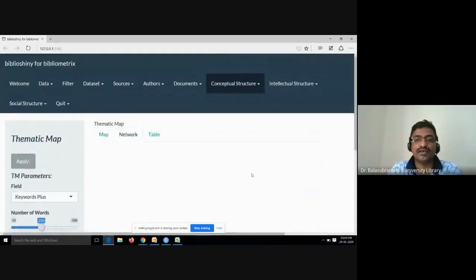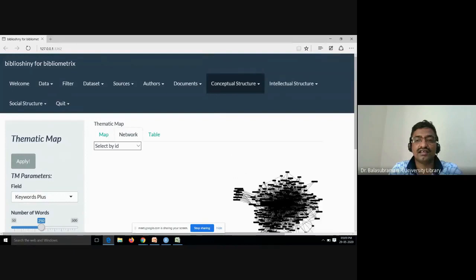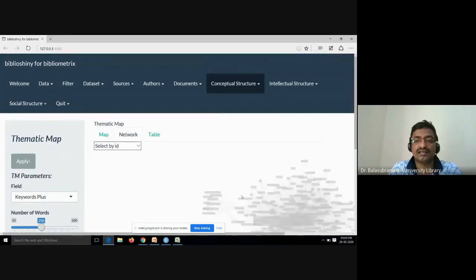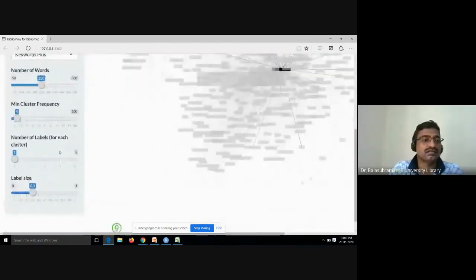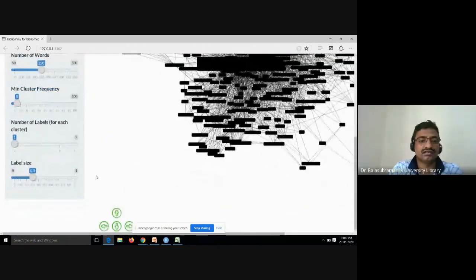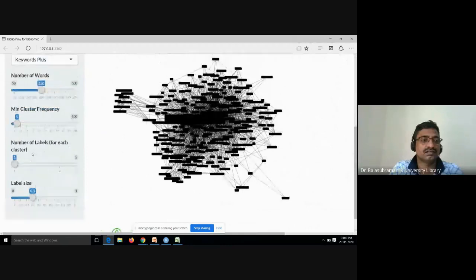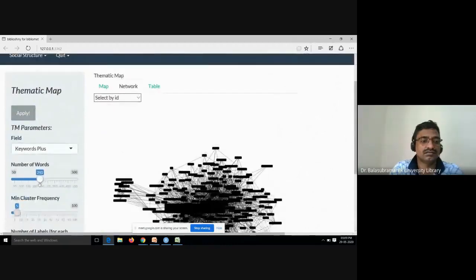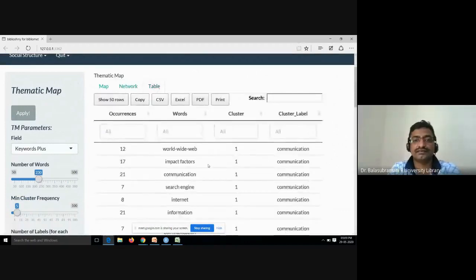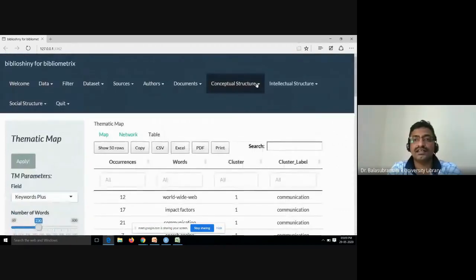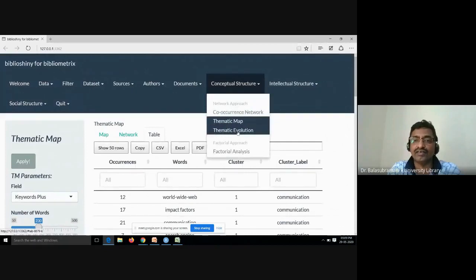Again, you can see the network-wise. Then table-wise. Then in the same way you can see thematic evolution.